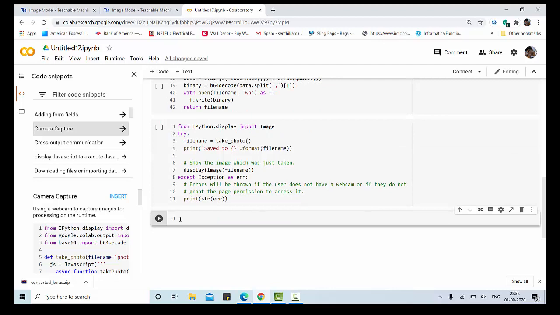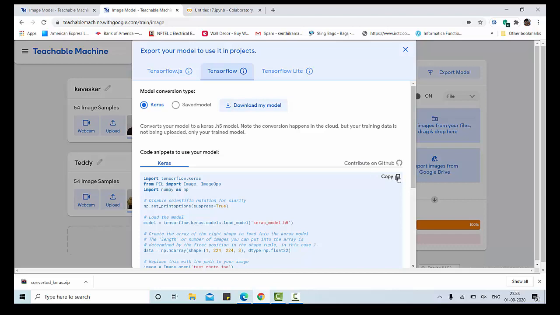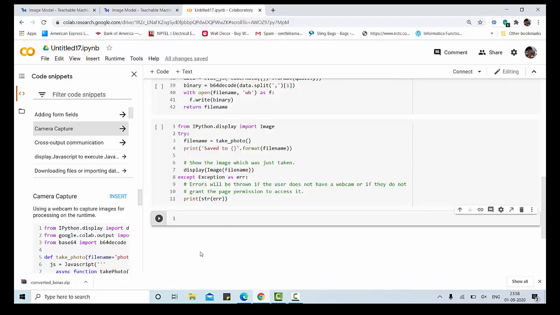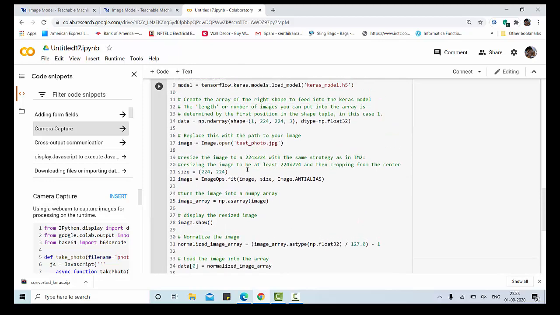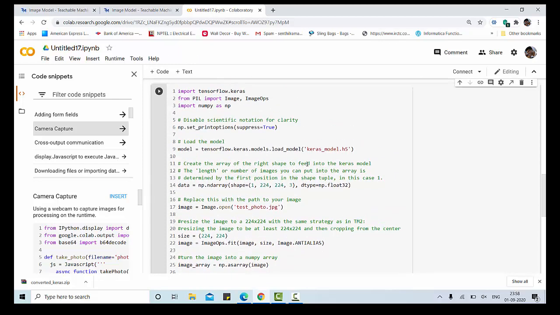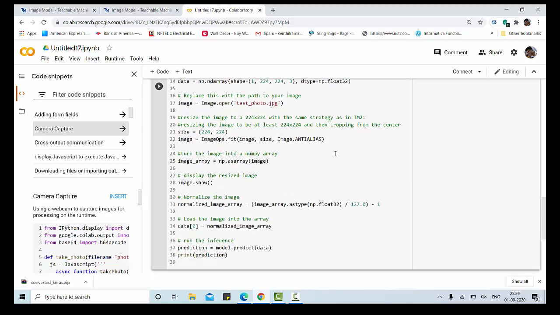Add the code snippet to use your model, which must be copied from your exported model. Paste here. Then as I mentioned earlier, you have to make two changes in this code. This is the place where you provide the proper path of the model, and this is the place where we provide the proper path of the image to be tested.